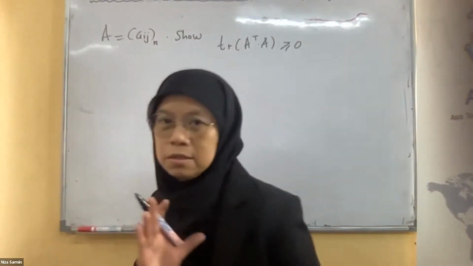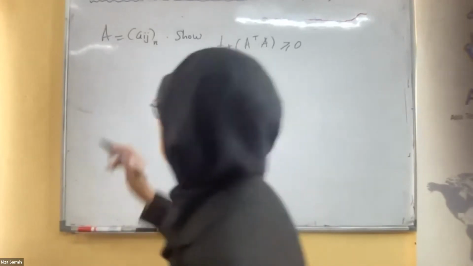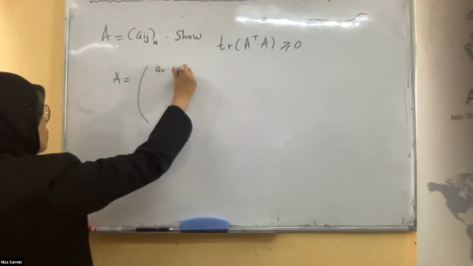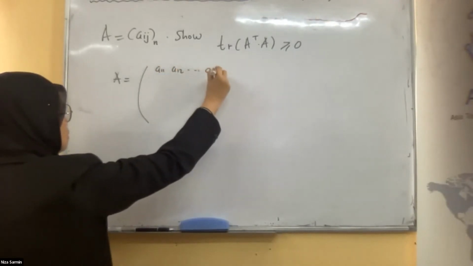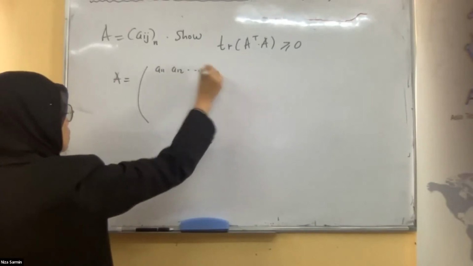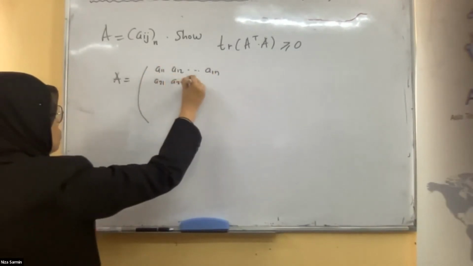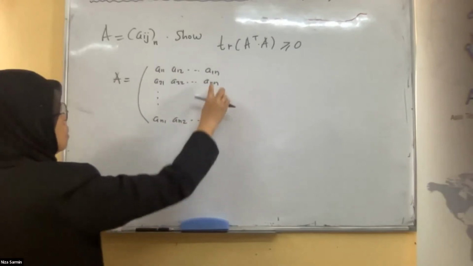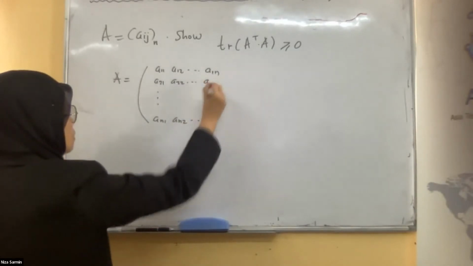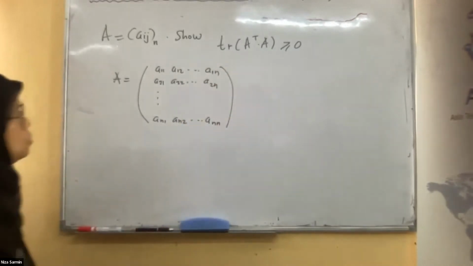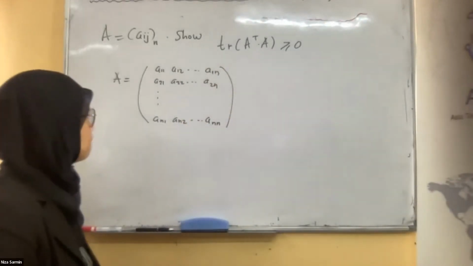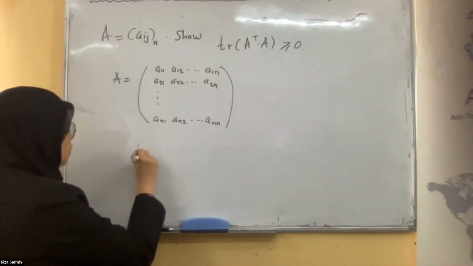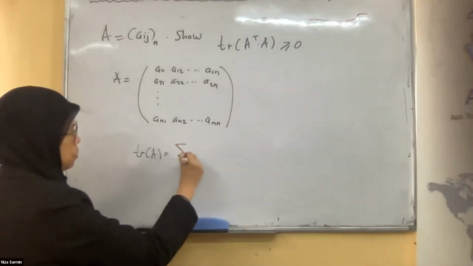So let me just write the whole matrix. A, you can see it clearly, yeah? A11, A12, A1N, A21, A22, ANN, AN1, AN2, A2N. And this is your A. Now, trace of A is the sum of the